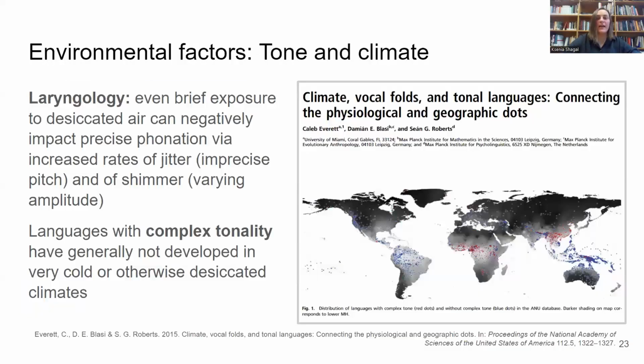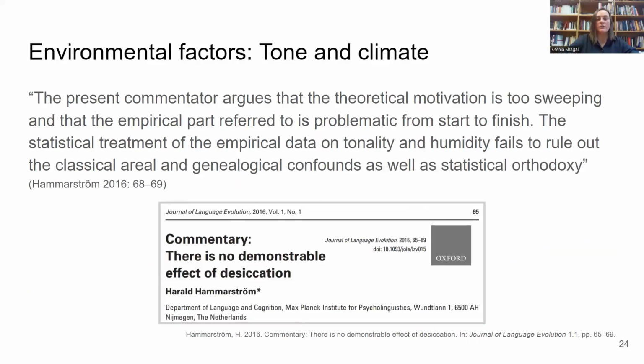humid areas. Actually, most of these studies, since this is all very recent, there is quite a lot of controversy around many of these studies. For instance, maybe one year or two years after that article appeared, there was another one. There was a response by Harald Hammarström, who criticizes the methods and the results of the study by Everett, and says that actually there is no demonstrable effect